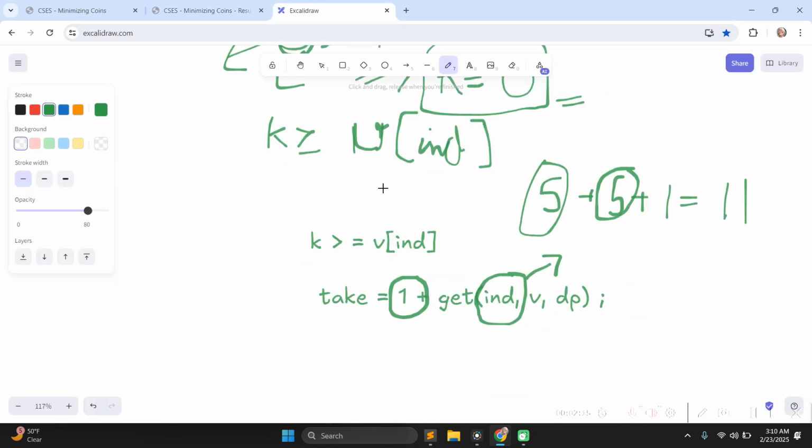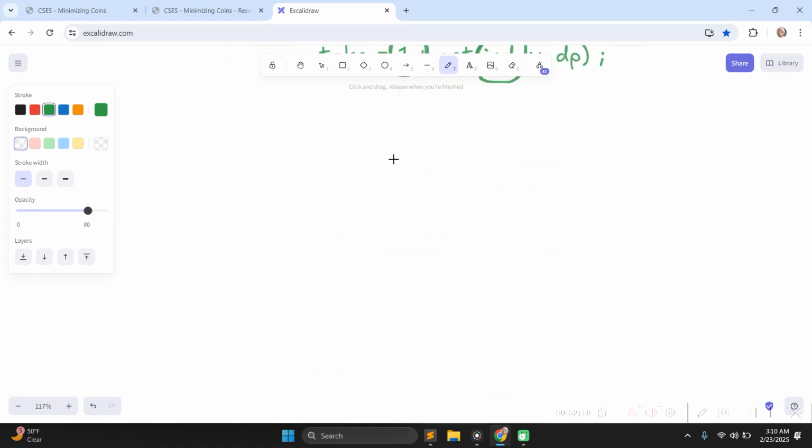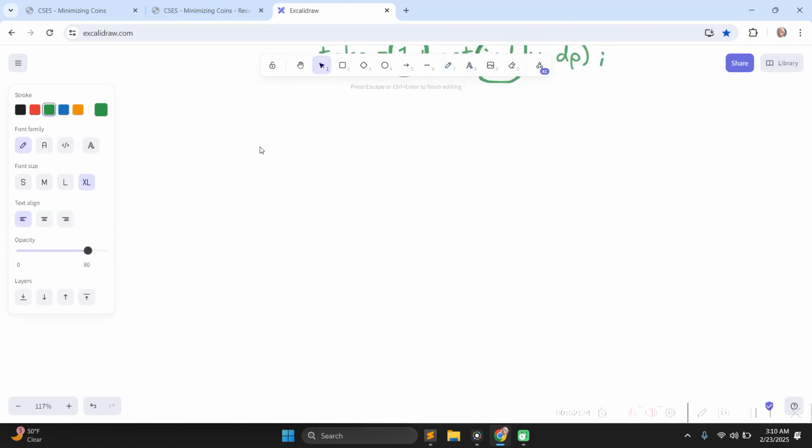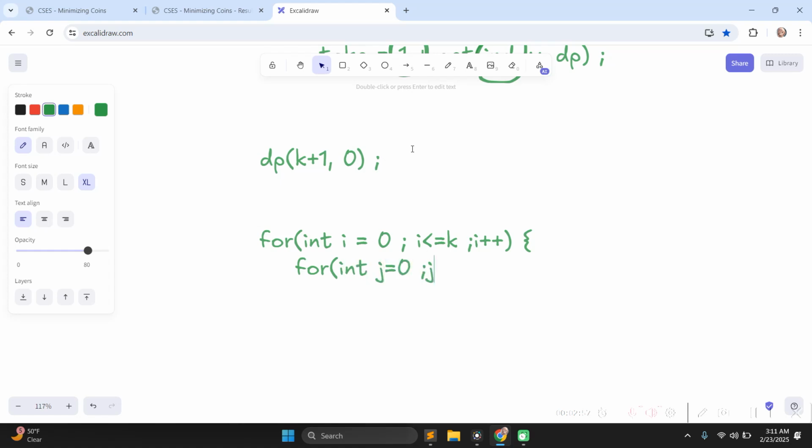Let's move to the tabulation part, which is really important to solve the problem completely. It's better if we use a dp vector. We can define only a dp vector with n with k plus 1, initializing with 0. So to tabulate this code, we will run two for loops, which initially run from 0 till k, and the second loop will go from 0 till n. Okay, so basically